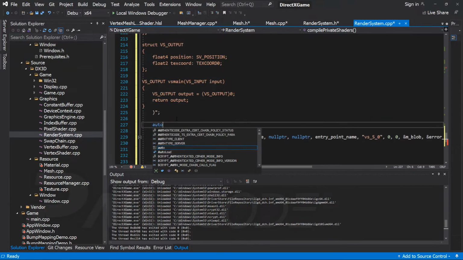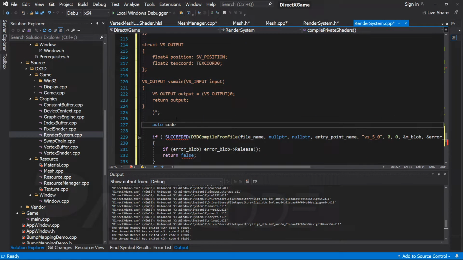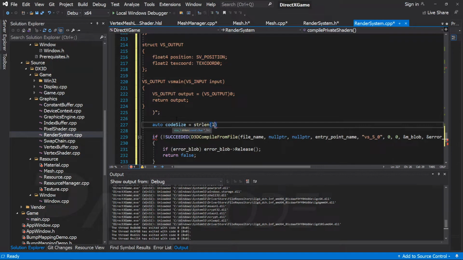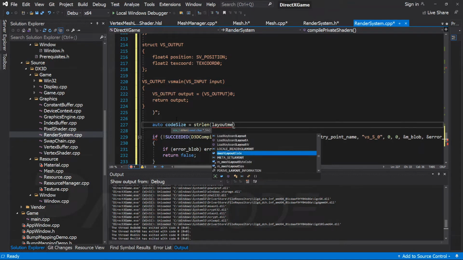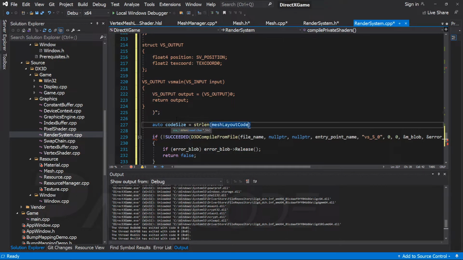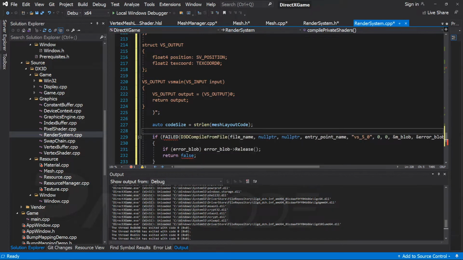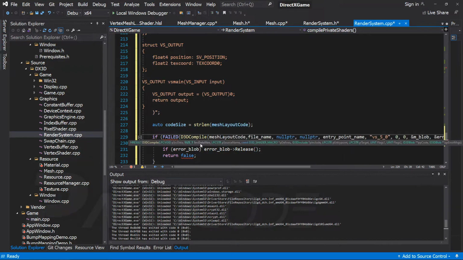That's all, let's get the size of the source code through the strlen function. What else? Let's not call the D3DCompileFromFile function, but the D3DCompile function. This function allows to compile shader code directly from memory. We only have to pass the pointer to the shader code and the size of the shader code, an optional name for the shader,